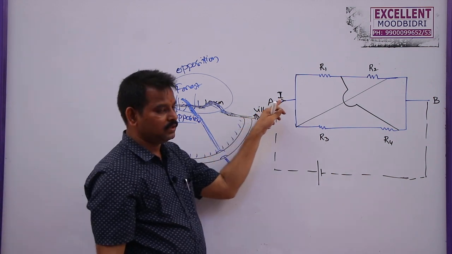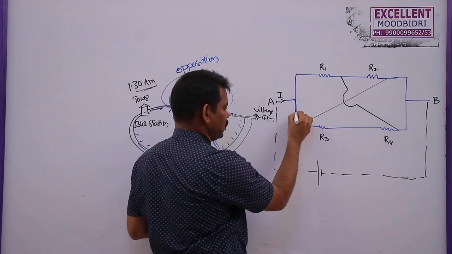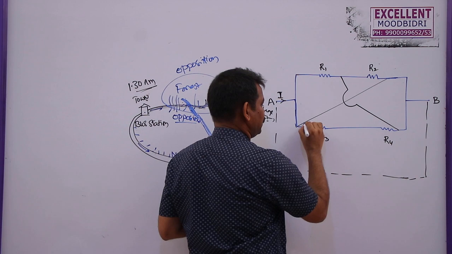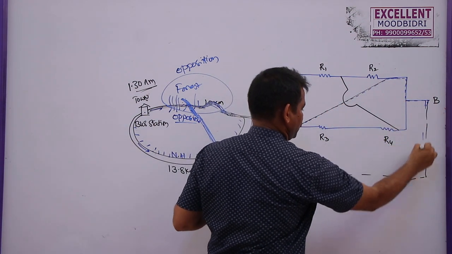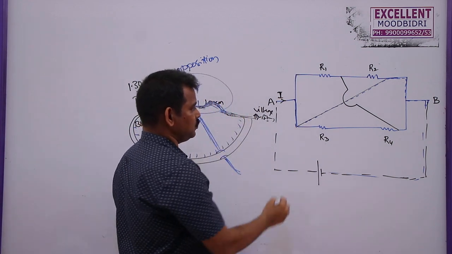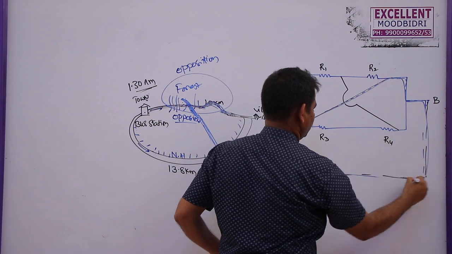Now here also for this current, it has 2 paths. See this path. If it comes to this path, directly it can join, it can go here, and it can join, and it can come to this path, it will reach. So this is one path. So this is just like a national highway in my example.